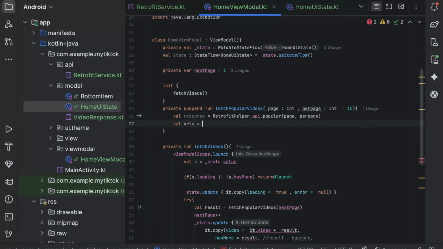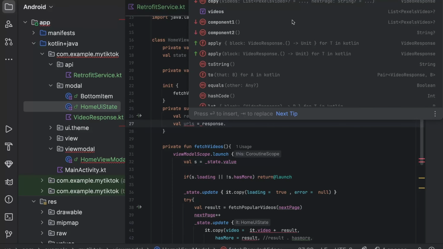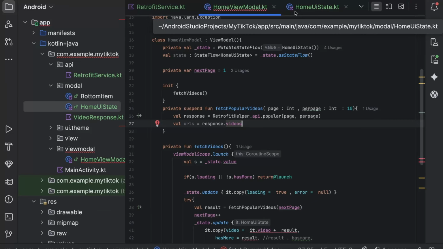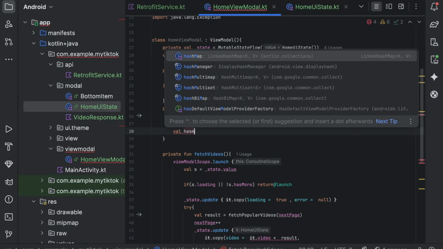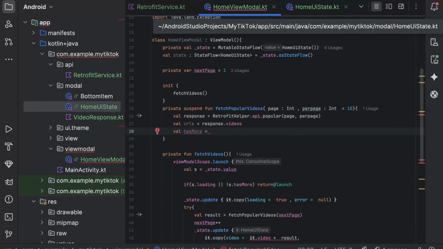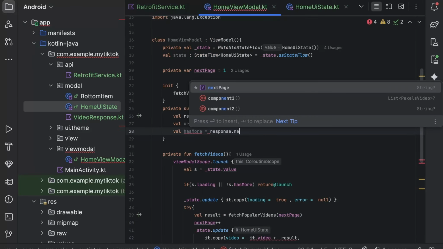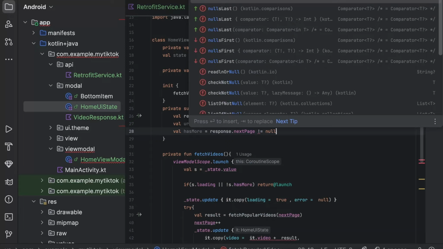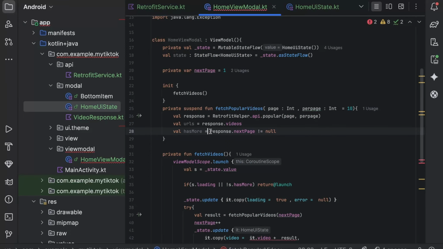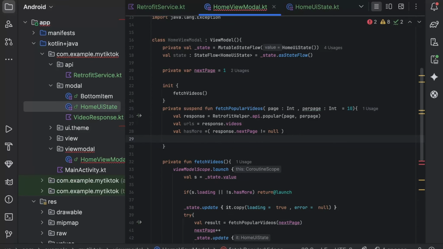Val URLs of video URLs, response.videos. Val hasMore, response.nextPage. If the next page is there, we can check, right? Next page is not equal to null. There is something there on hasMore. We can return,